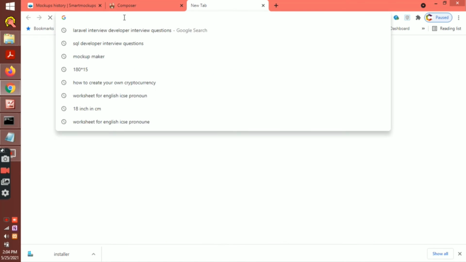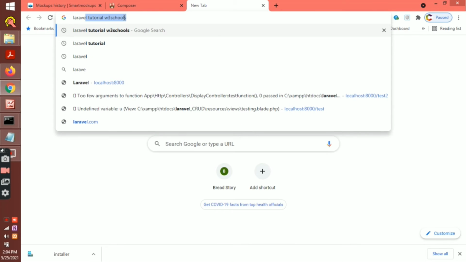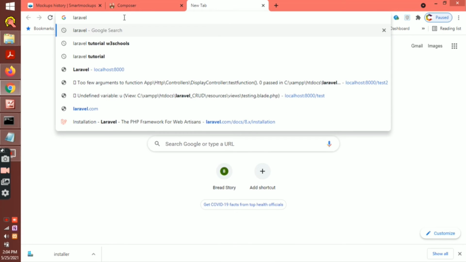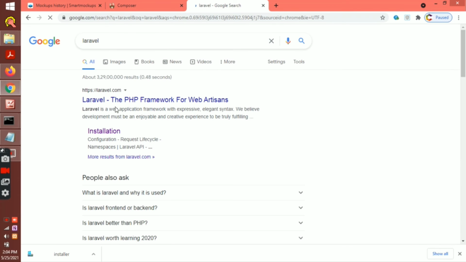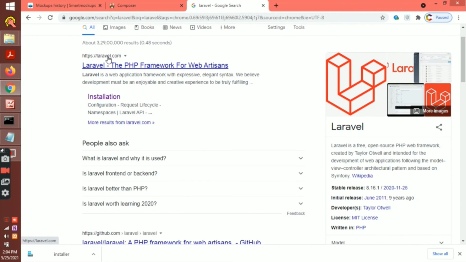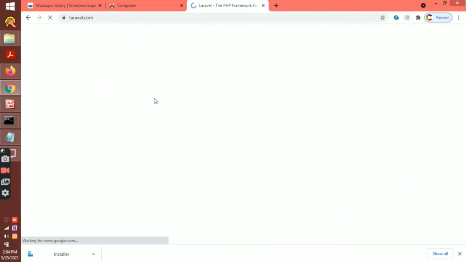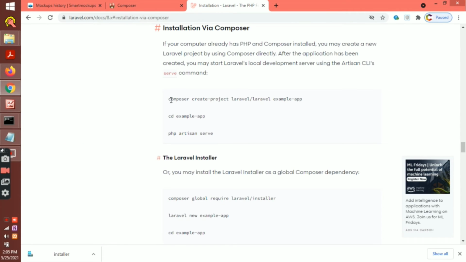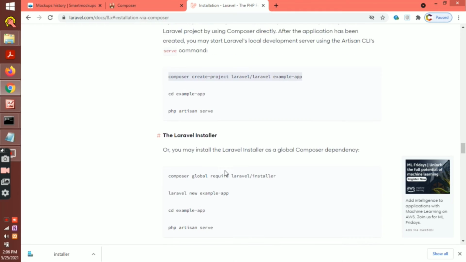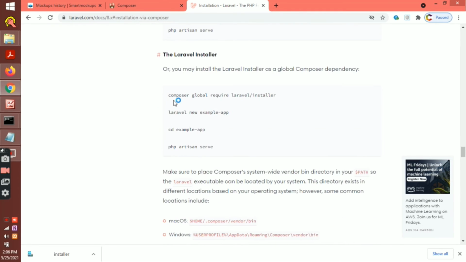After installing Composer, we need to install Laravel. For installing Laravel, first of all I am going to open the official website, and you can see some commands here that I am going to use. I always recommend the command line because it is very fast compared to manual download.